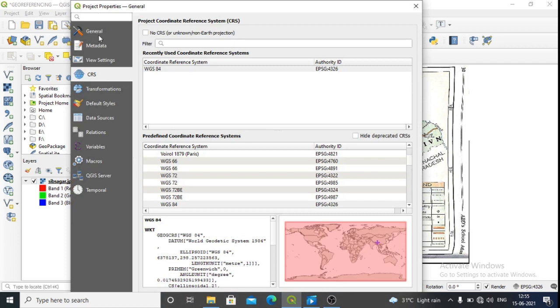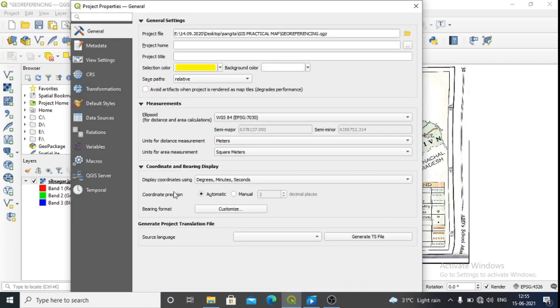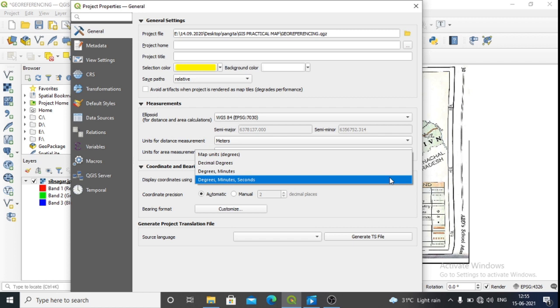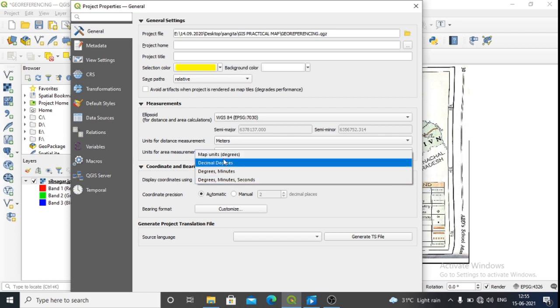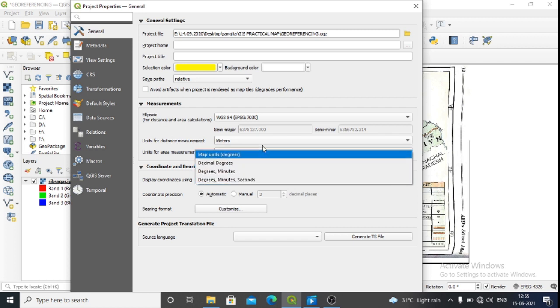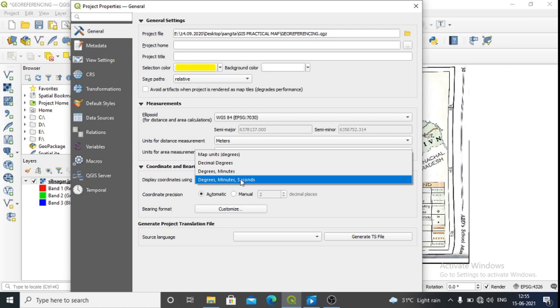After clicking, go to this particular general option, and here you can find the display coordinate. That means in which format you want to represent the coordinate, whether in degree, minute, second, whether only in degree and minute, or you want it in decimal format. You can click on this particular arrow and choose whatever option you feel like, but mostly we prefer degree, minute, and second.